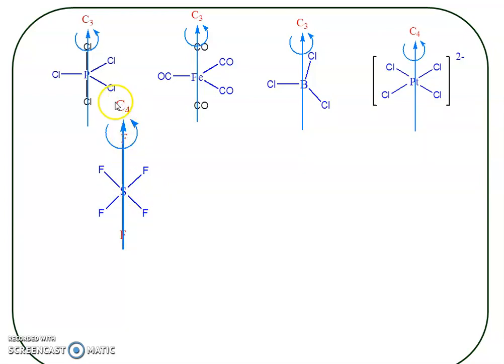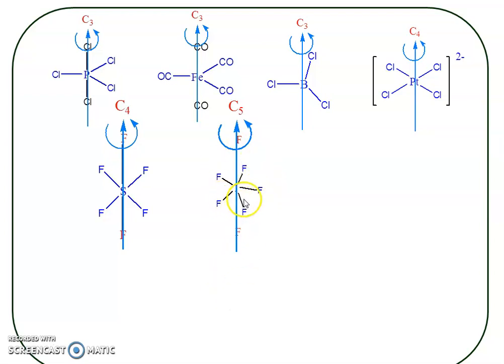Therefore this molecule contains a C4 axis. Actually we can find the value of n by a formula: n is equal to 360 by theta. Here theta is 90 degrees, and 360 by 90 is equal to 4, and therefore the proper rotational axis that exists in sulfur hexafluoride is C4. Another example is iodine heptafluoride. This is a pentagonal bipyramidal molecule, and in this molecule a C5 axis is there, which is a proper rotational axis.